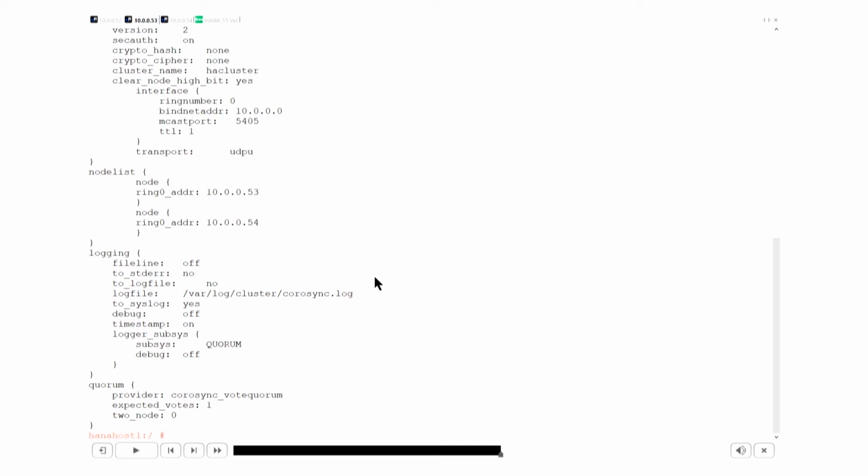As soon as I've edited this on the one host, of course, I probably need to copy it across to the second node as well. Let me just see where we are now. So on the second node,